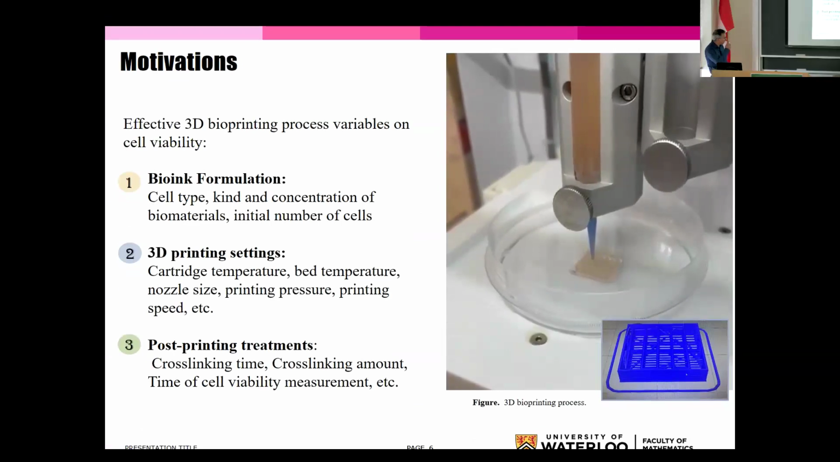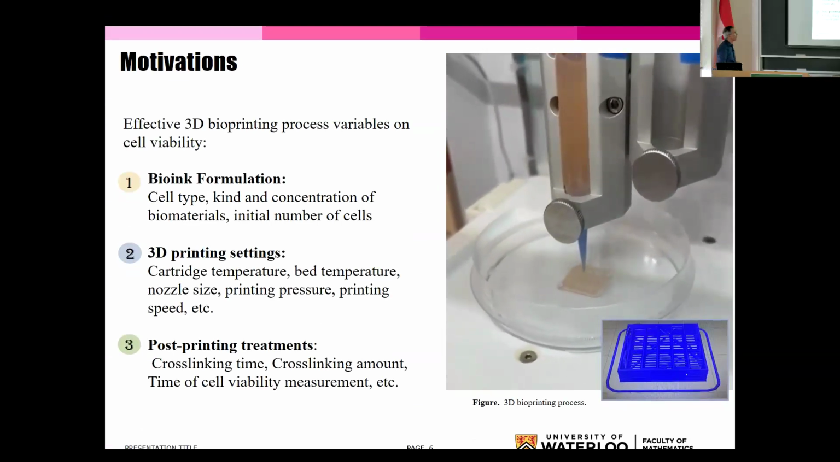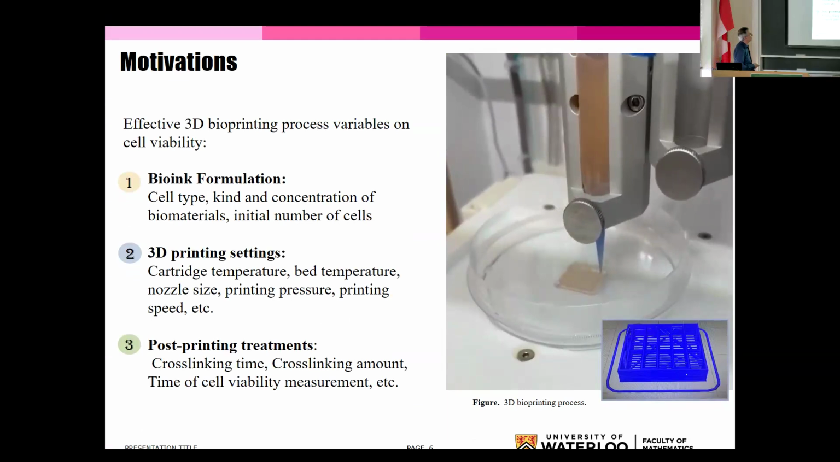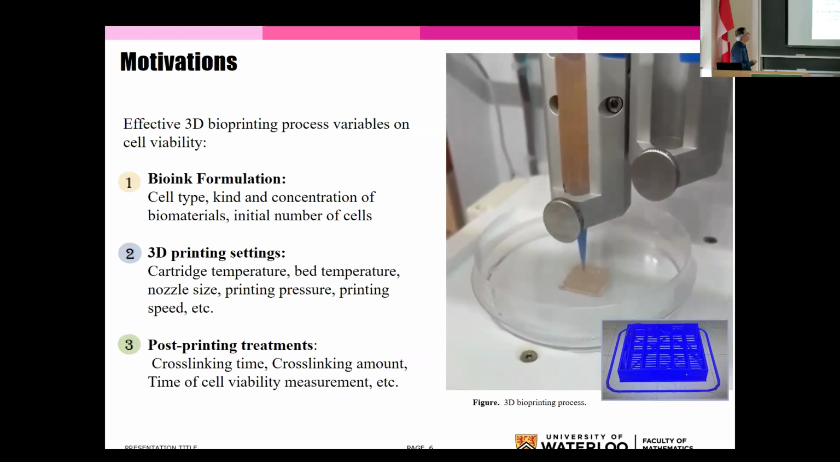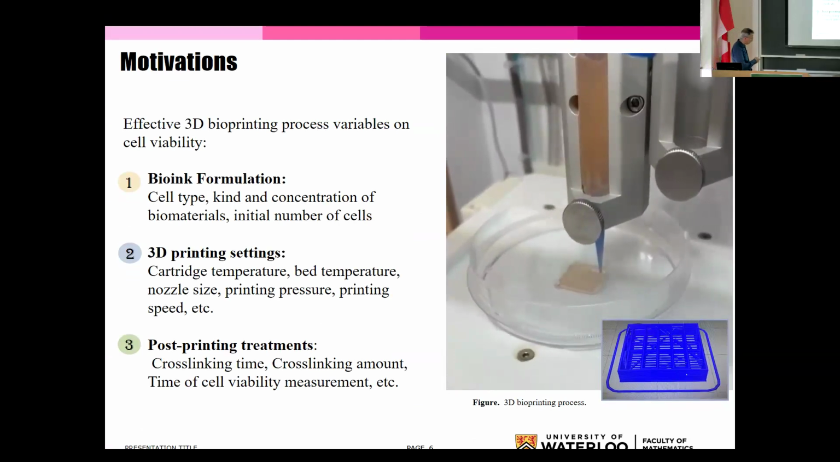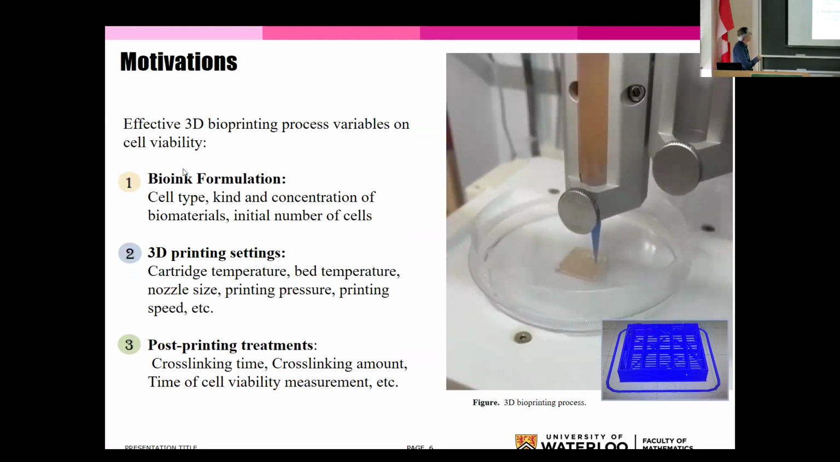So this is the bioprinting that we do in the lab. This is my lab here in Waterloo where we are doing this. As I mentioned, there are different factors. If you think about the bio-ink formulation by itself, the cell type could be different,